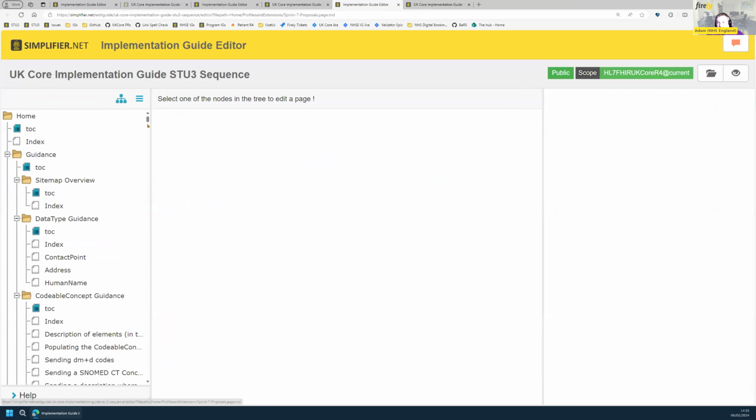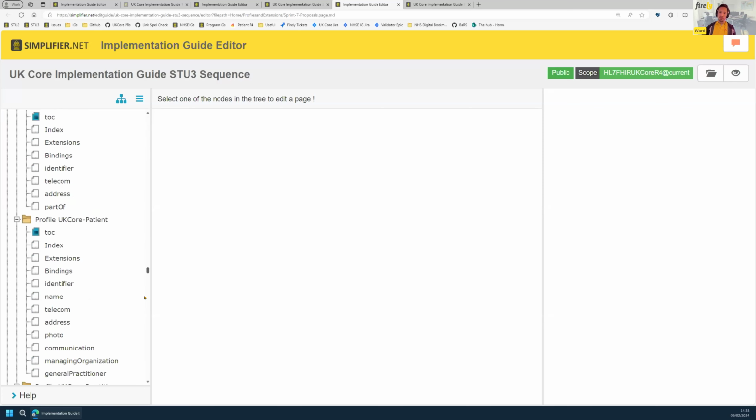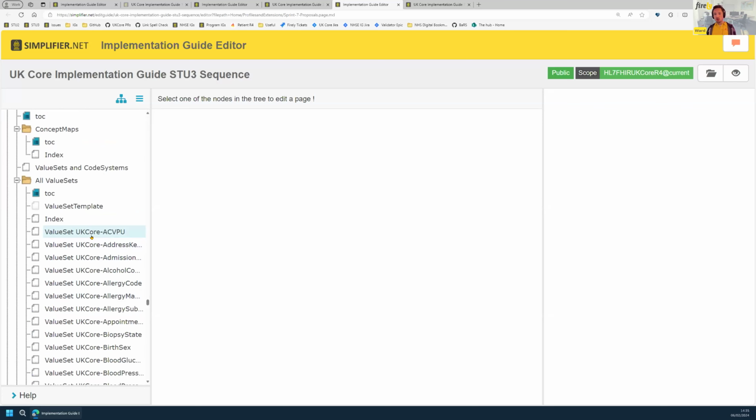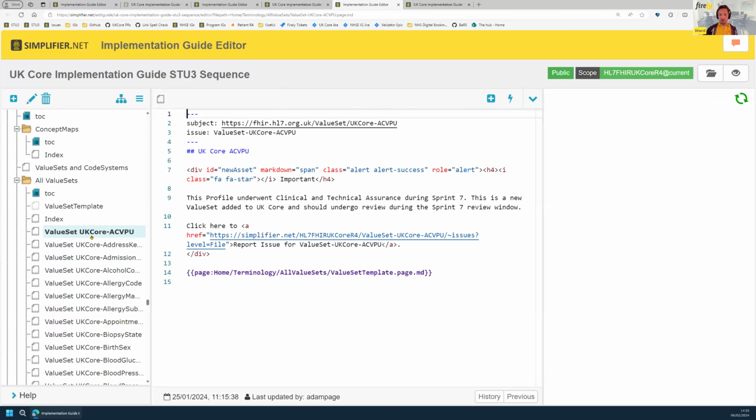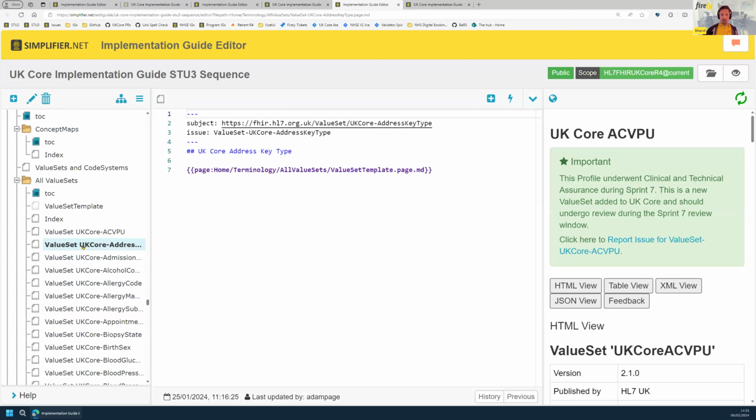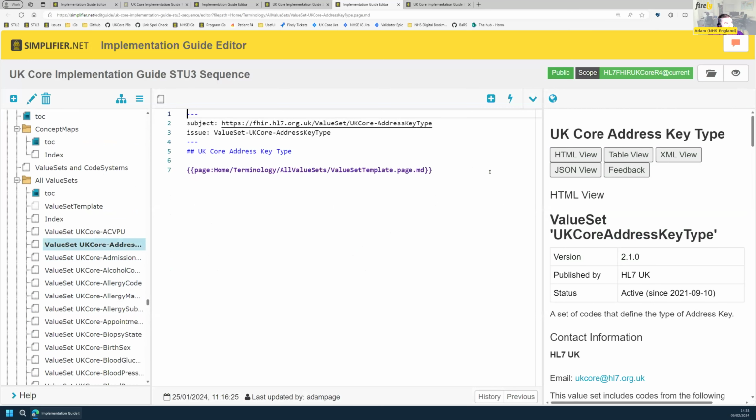pages. Yep. The UK Core now uses templating for extensions, profiles, value sets, code systems, and examples. So anywhere where we can template the common features of all our pages, we have done. Wonderful, wonderful. And I think for the issue page, actually, we are working on a little widget for you to make that a little bit easier. This is a really nice use. But for example, a value set now is 7 lines. Oh, wonderful. Yeah. And nice and consistent, easy to edit your template in one place and then apply to